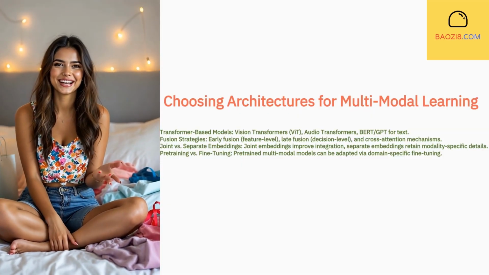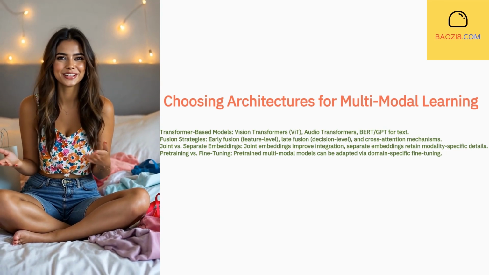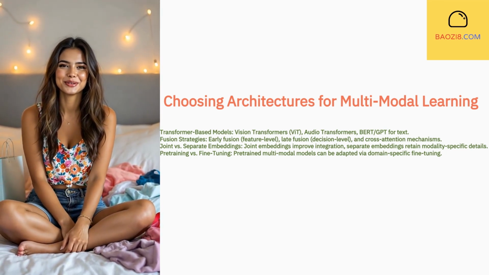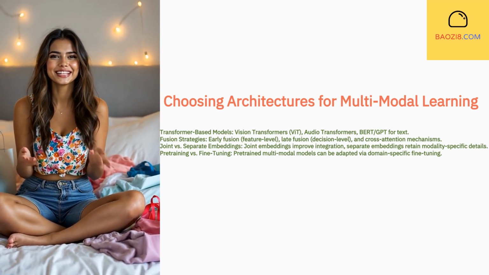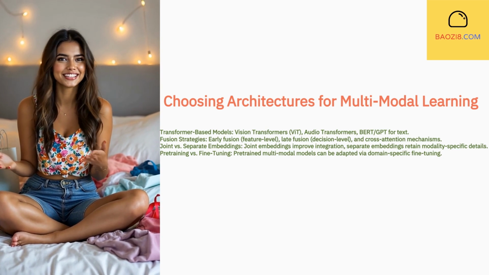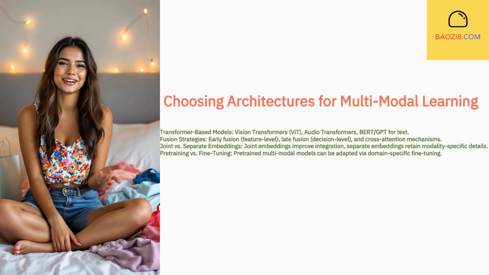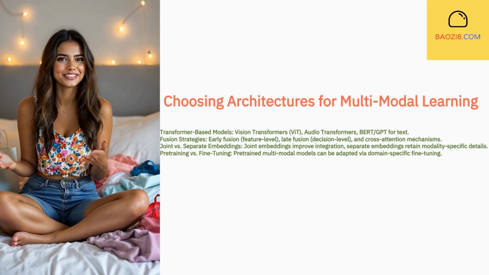Evaluating multimodal AI systems requires both traditional metrics and domain-specific benchmarks. Accuracy, precision, and recall are standard for tasks like image classification or audio transcription. For example, in image captioning, accuracy measures how correctly the generated captions reflect the content of the image. Cross-modal consistency ensures that the results from one modality do not contradict another. For instance, if a model generates text from an image, the generated description should be consistent with the image's actual